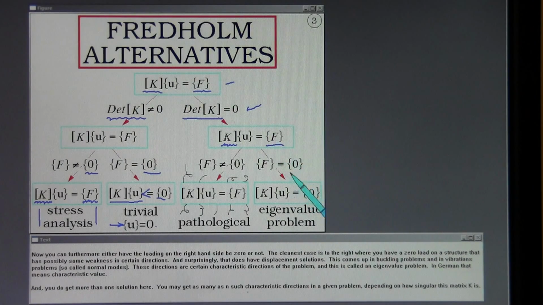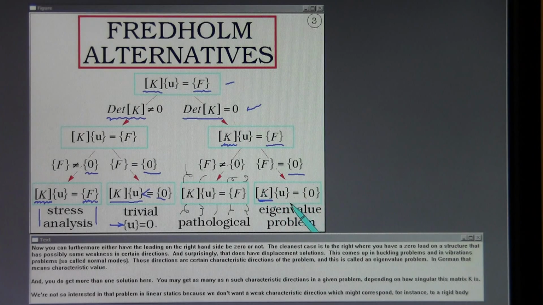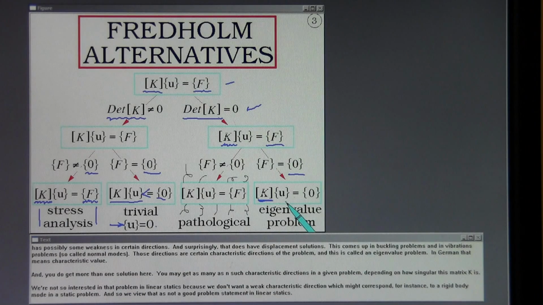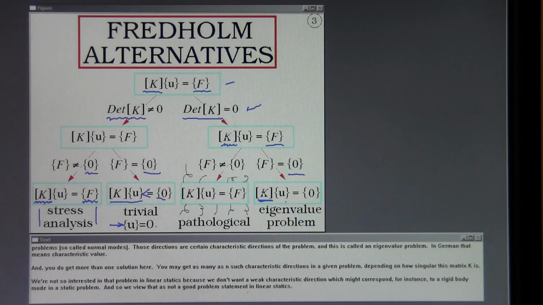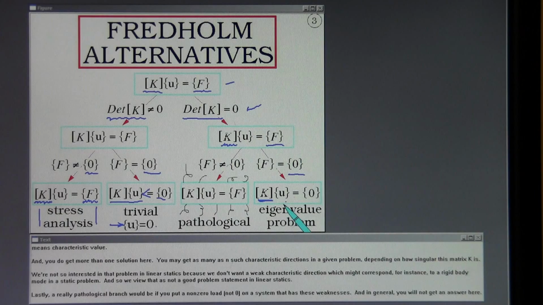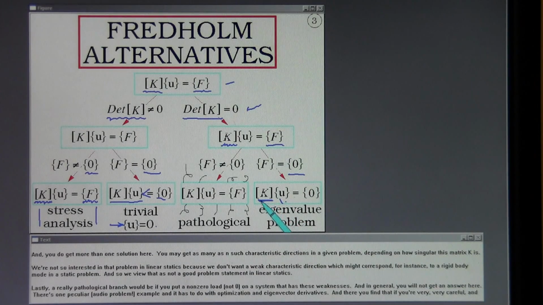The cleanest case is to the right, where you have a 0 load on a structure that has possibly some weaknesses in certain directions. And surprisingly, that does have displacement solutions. This comes up in buckling problems and in vibration problems, so-called normal modes. Those directions are certain characteristic directions of the problem, and this is called an eigenvalue problem. In German, that means characteristic value, and you do get more than one solution here. You may get as many as n such characteristic directions in a given problem, depending on how singular this matrix